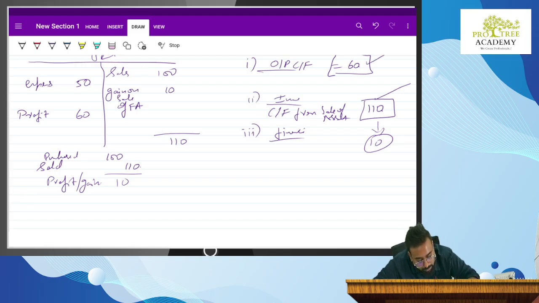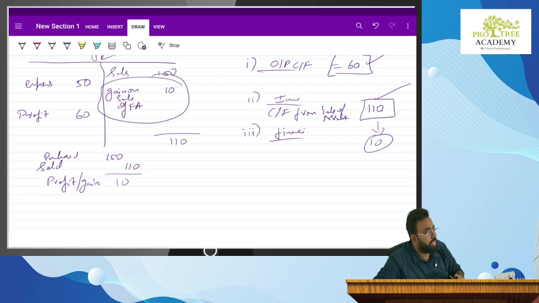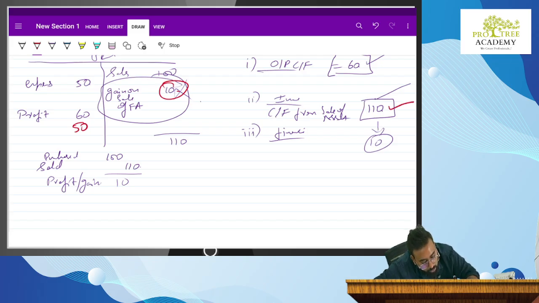Sir, this 60 has been arrived after including gain on sale of fixed assets. Correct or no? Yes, everybody. If this was not there, what would have been your profit actually? If this 10 was not there, what would be the profit? 50. Correct? Now, this 10 is already included here. If you include it here, again it will be duplication. Correct or no? Should we duplicate it? Answer is no, we should not. So what we do? Reduce